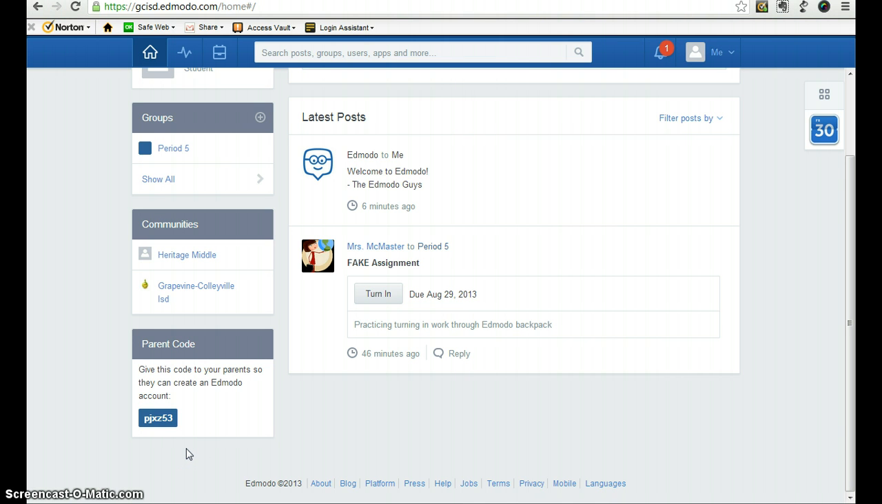Doesn't matter whether you're in my class or Mrs. Mann's or Mrs. Giesler's, you should have the same parent code for Edmodo. So for the fake assignment, it tells you when it's due, and this is just to practice turning in work